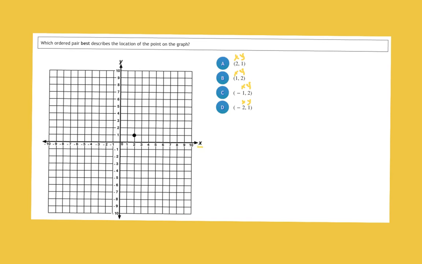If you notice here, this is the x-axis and it runs horizontal like this. And if you notice, this is the y-axis and it runs vertically like this. I like to remind myself the y runs vertically like that by making myself a y. And then I just want you to look at the black dot, which is the point that you need to